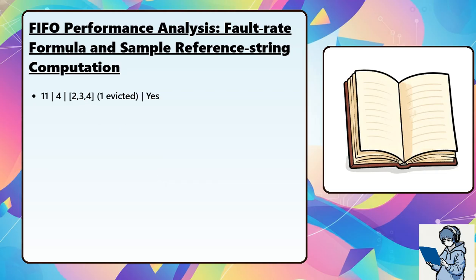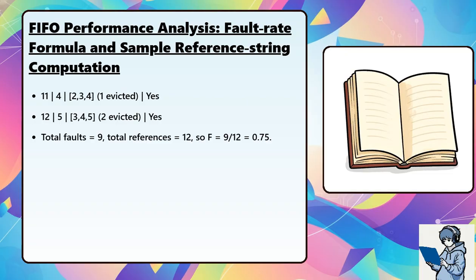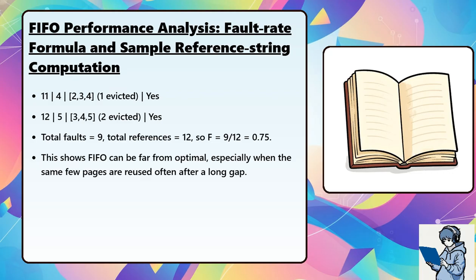Step 11, reference 4, frames after operation: 2 3 4, page 1 evicted, fault yes. Step 12, reference 5, frames after operation: 3 4 5, page 2 evicted, fault yes. Total faults equal 9, total references equal 12, so the fault rate equals 9 over 12, which is 0.75. This shows first in, first out can be far from optimal, especially when the same few pages are reused often